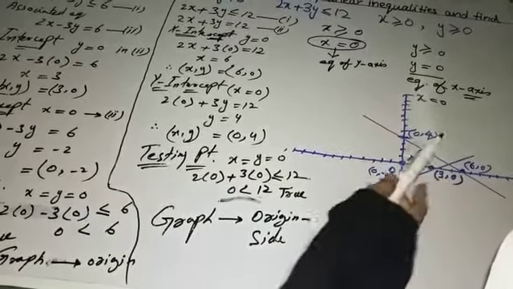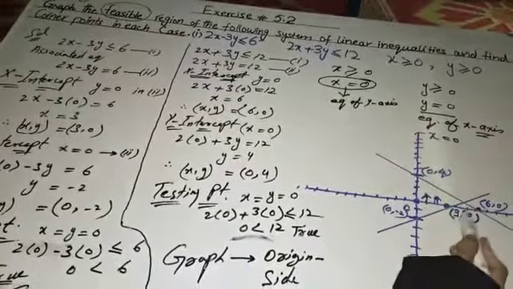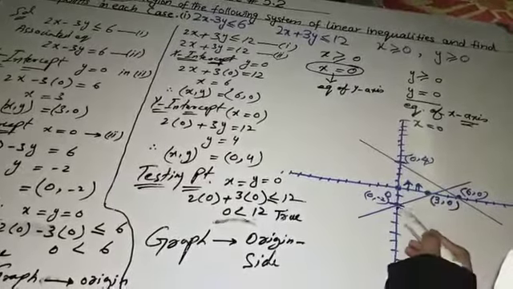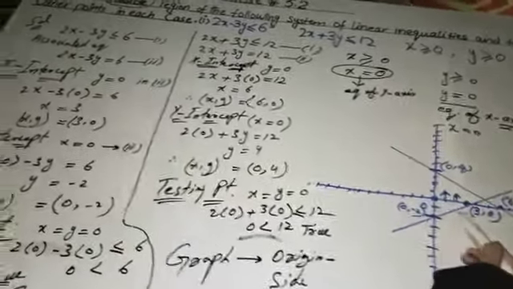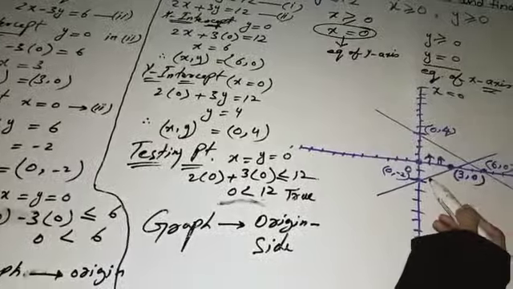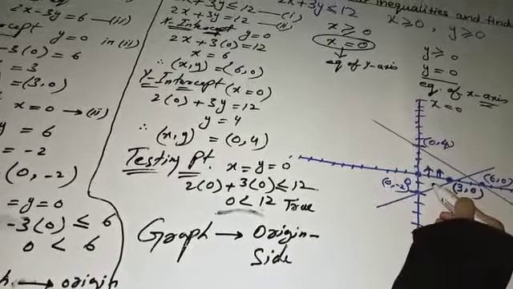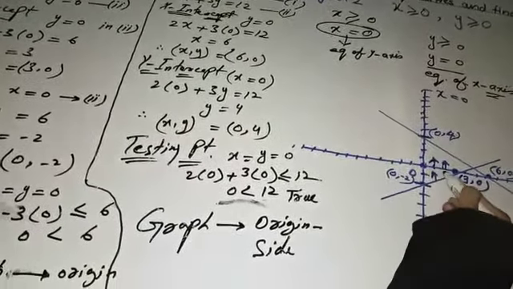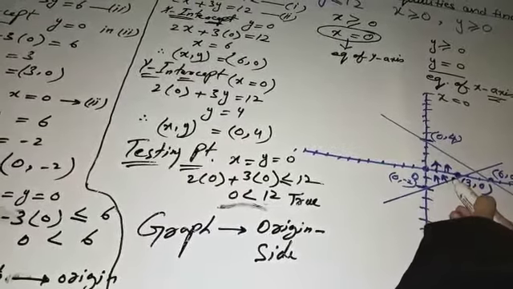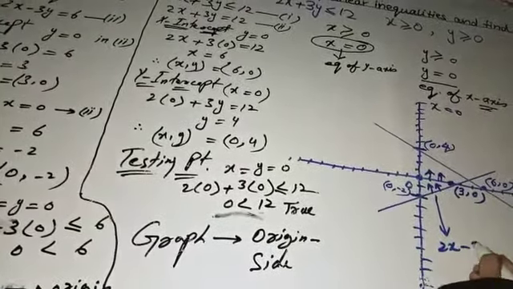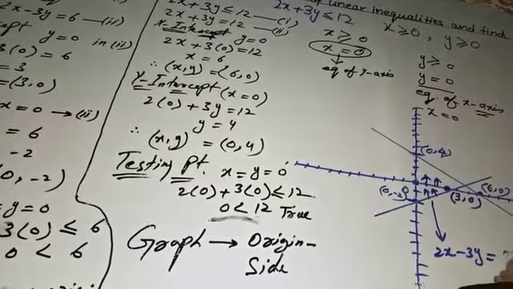As it is also given in the question, draw the graph in the feasible region. So we will draw the graph only in the first coordinate. Listen to me again, I am repeating. First of all, we have drawn this line through 3 and 0, 0 and minus 2. The solution of this inequality expression is true, so that's why its graph is towards the origin. Right? This is the second line. I am writing its equation here: 2x minus 3y is equal to 6.